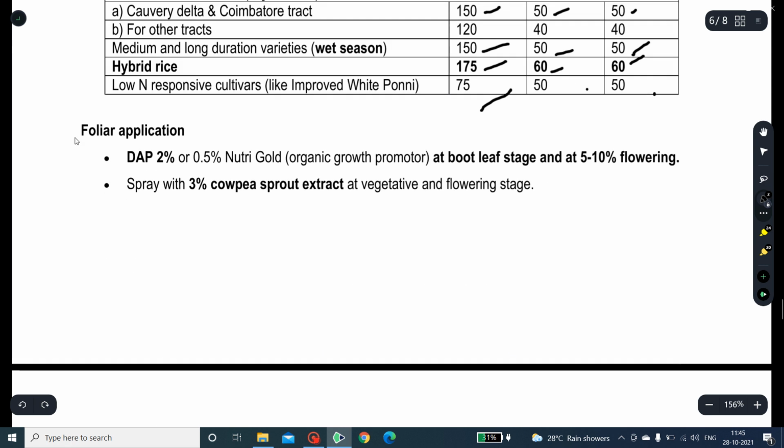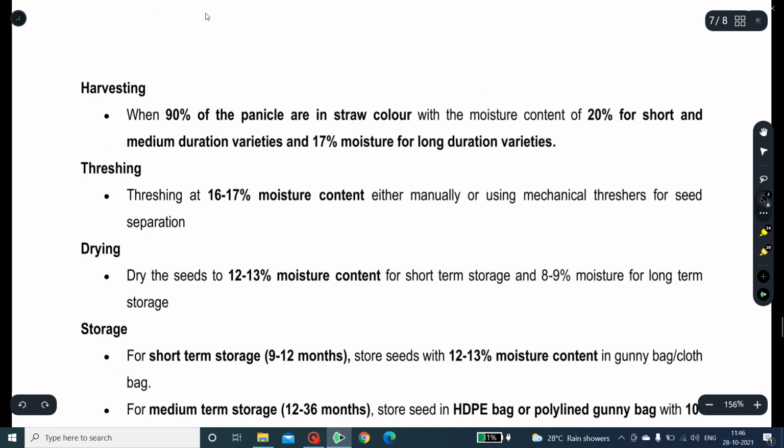Foliar application is done to increase the ultimate yield of the crop, and the chemical used here is DAP 2% or 0.5% Nutrigold, an organic growth promoter, at the boot leaf stage and at 5 to 10% flowering. Spray 3% cowpea sprout extract at the vegetative or flowering stage. And the harvesting